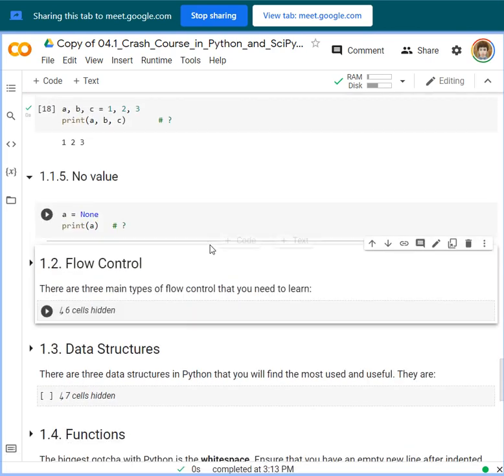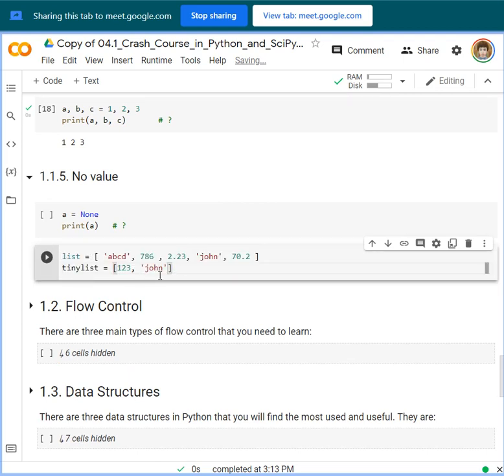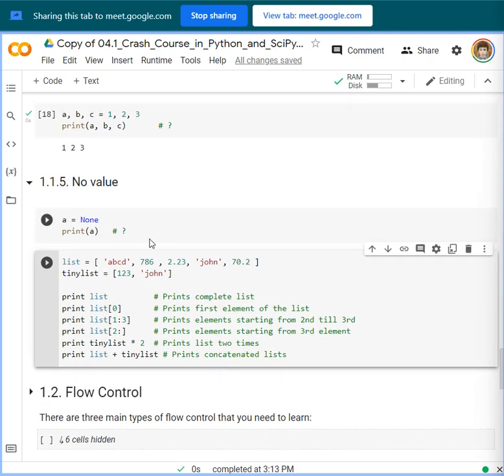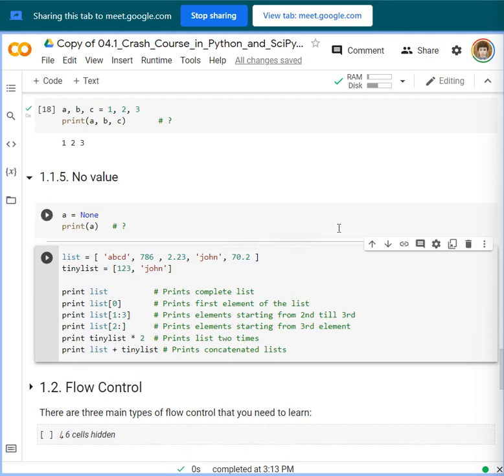Let me add code for the list. Okay, can you see my screen? No, nakoy gidungag.